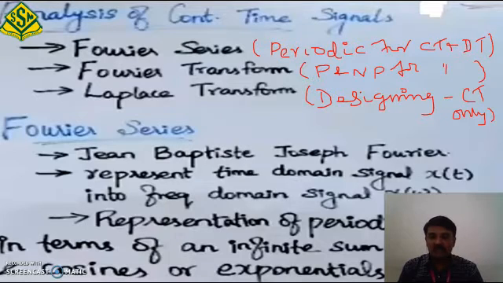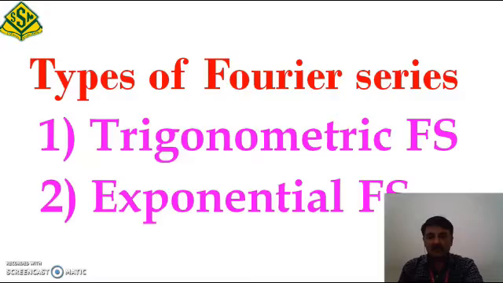So we are going to segment our signal into a series of sines and cosines by the Fourier series method. This Fourier series method is useful for CT and DT signals. An alternative method to identify periodic and non-periodic signals for DT and CT is the Fourier transform. And finally, the Laplace transform focuses only on design purposes. It is only useful for CT analysis. So don't worry about the Laplace transform. It's very easy. Once you are familiar with Fourier series and Fourier transform, Laplace transform is nothing.